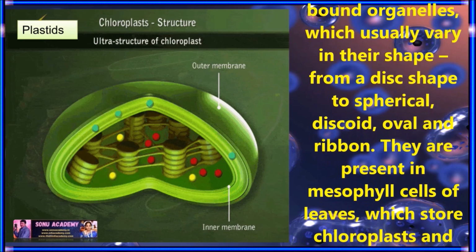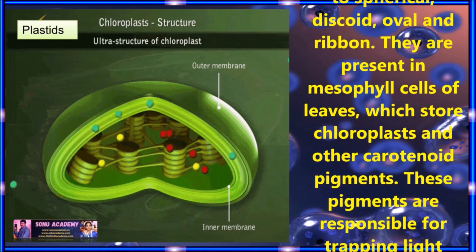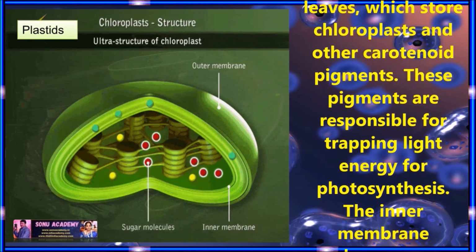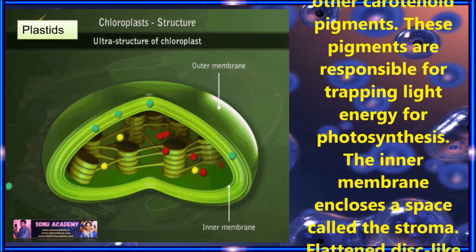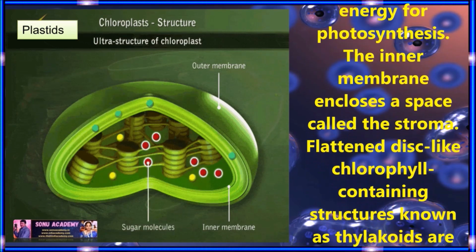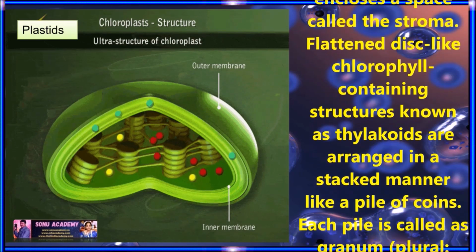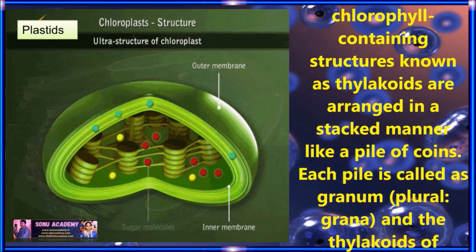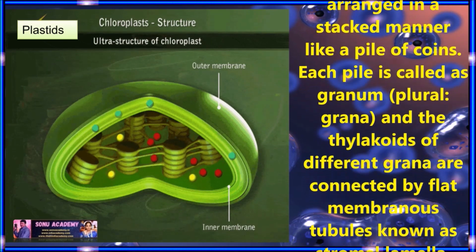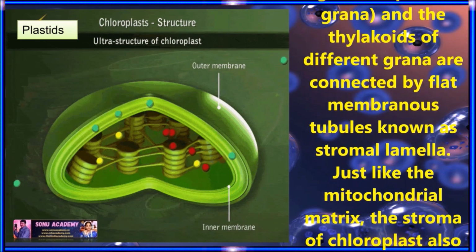They are present in mesophyll cells of leaves, which store chlorophyll and other carotenoid pigments. These pigments are responsible for trapping light energy for photosynthesis. The inner membrane encloses a space called the stroma. Flattened disc-like chlorophyll-containing structures are known as thylakoids and are arranged in a stacked manner like a pile of coins. Each pile is called a granum, and thylakoids of different grana are connected by flat membranous tubules known as